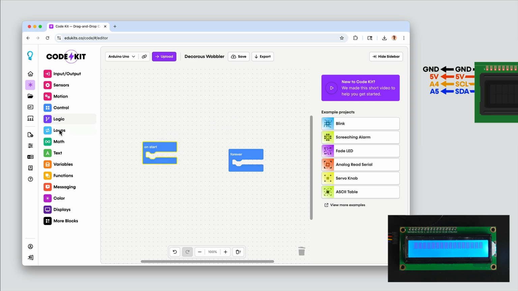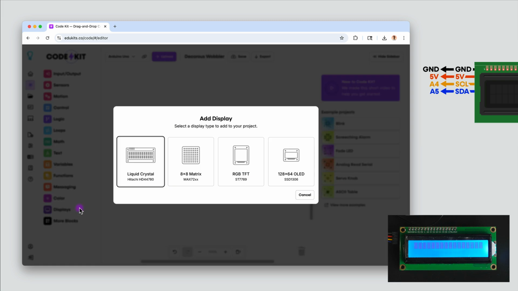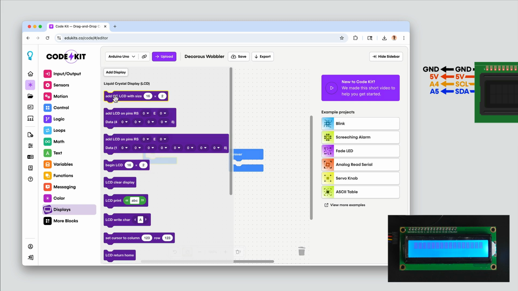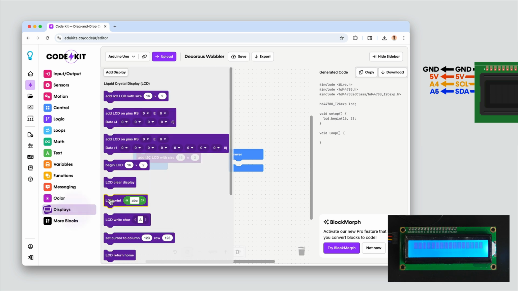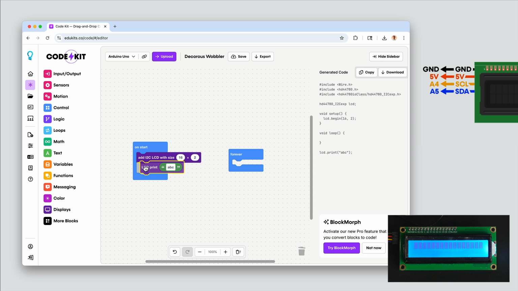In CodeKit, over here on the left, we have our block categories. Over here under displays, we can click that and add our liquid crystal display. We can use our setup block for the I2C LCD over here and add it to our start section. And then we can display some simple text over here using the print block. We can type in a little string, which I'm going to have as enter your name,